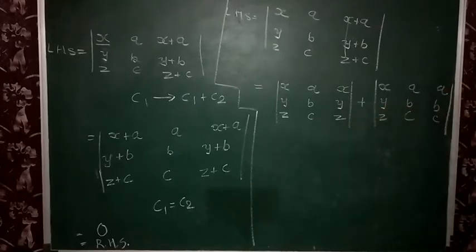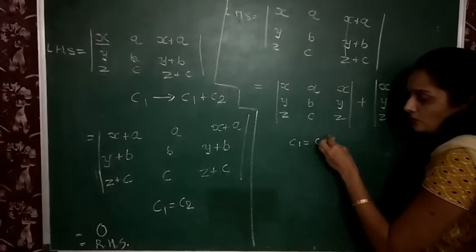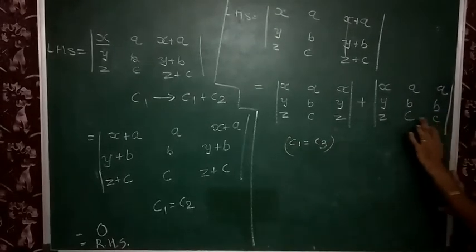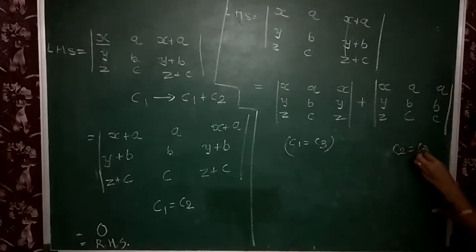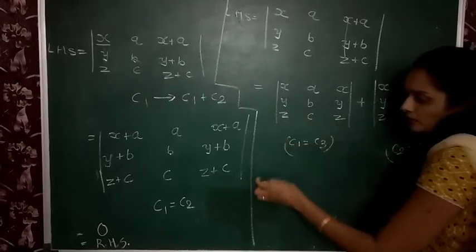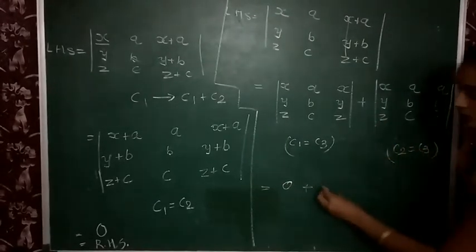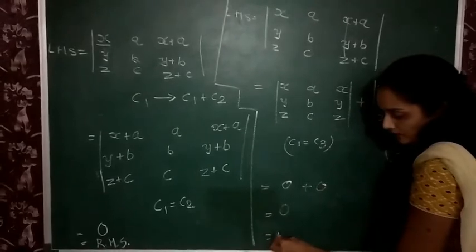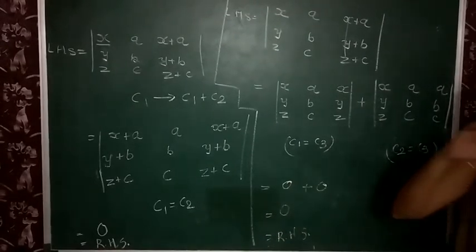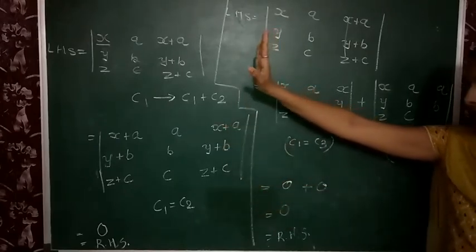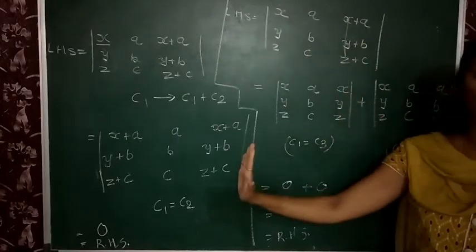Property 5. Okay. Now, in this determinant, C1 is equals to C3. And in this determinant, second column and third column same. So, value of this determinant is also 0. And value of this determinant is also 0. So answer is 0. So we can do this sum by two methods. Okay. So I want to say to you that